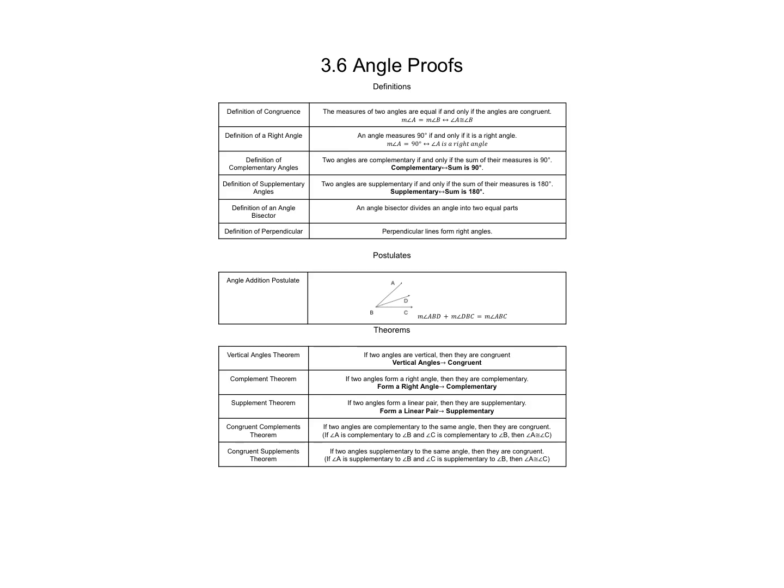All right, today we are going to be talking about angle proofs. So we've talked about algebraic proofs, we've talked about segment proofs. Today we're talking about how to prove things about angles. And so in order to do that, we're going to have to remember everything that we've learned so far, all of the properties, all of the postulates and definitions that we've learned so far, and we are going to continue adding things to that list of things that we can use to prove. All right, so